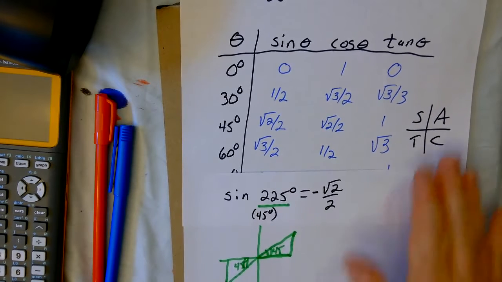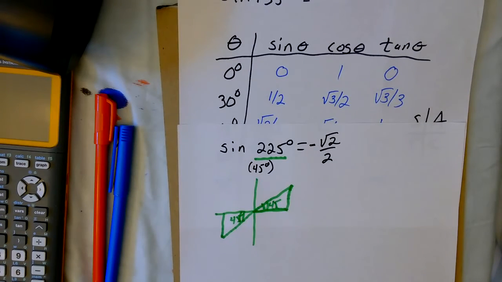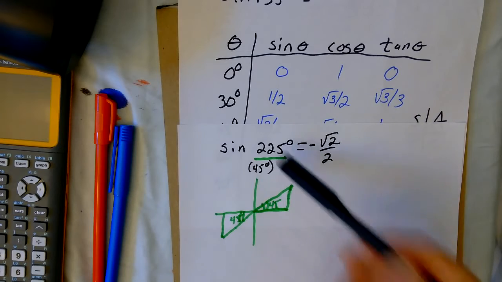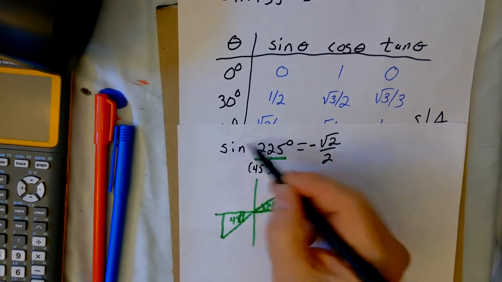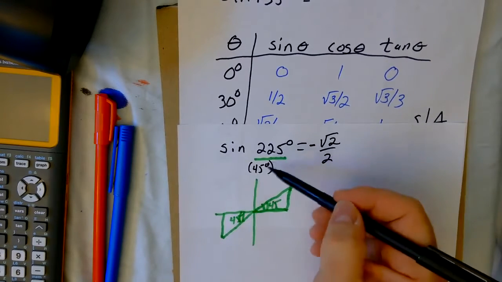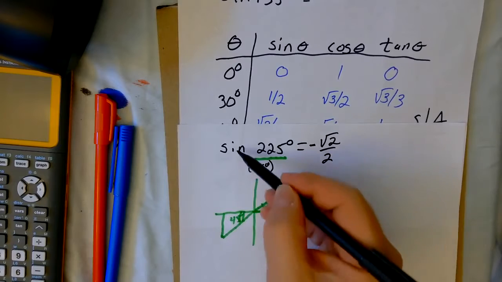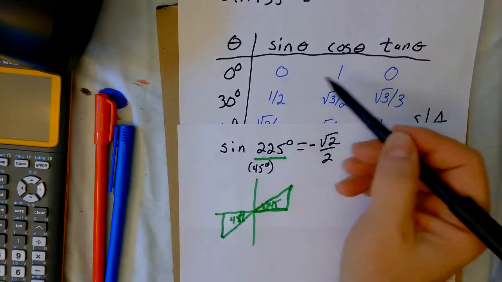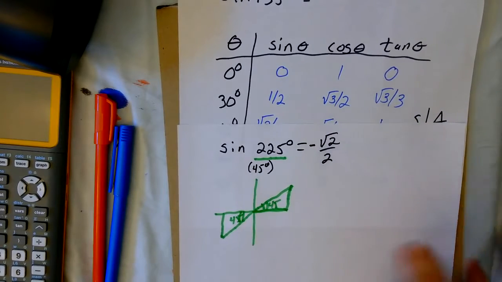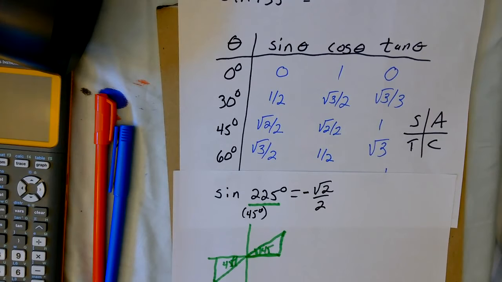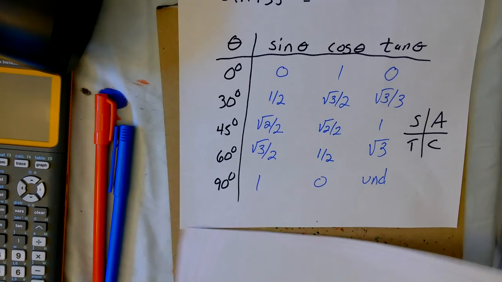And that's basically the way you're going to mentally think through each one of these. They're going to give you this expression. You're going to think, what's the reference angle? Let me now go get that out of my chart. And now I have to decide if it's positive or negative by All Students Take Calculus. So let's just start